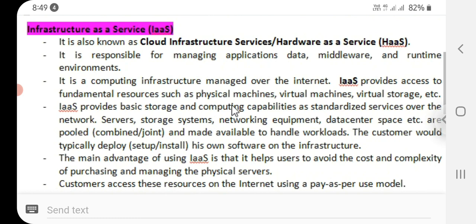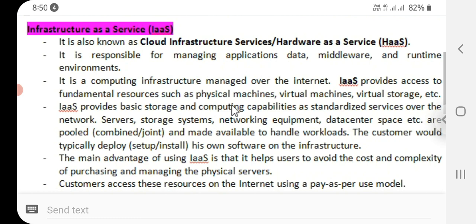It is a computing infrastructure managed over the internet. IaaS provides access to fundamental resources such as physical machines, virtual storage, etc. So IaaS provides basic storage and computing capabilities as standardized services over the network.